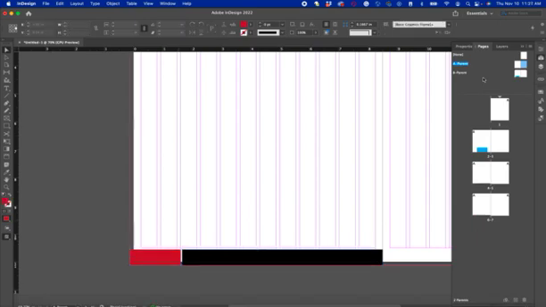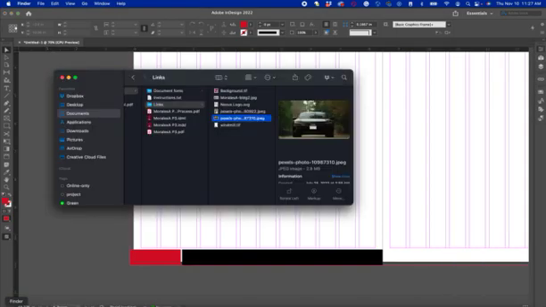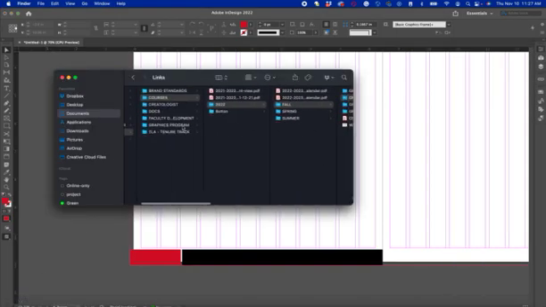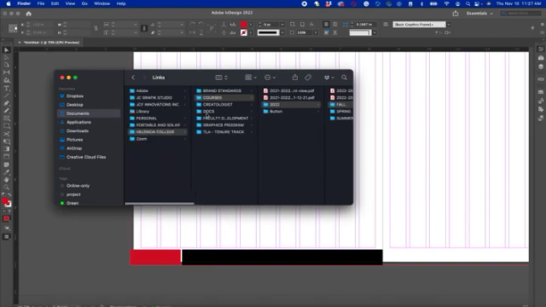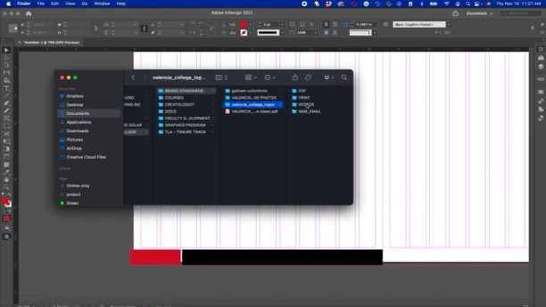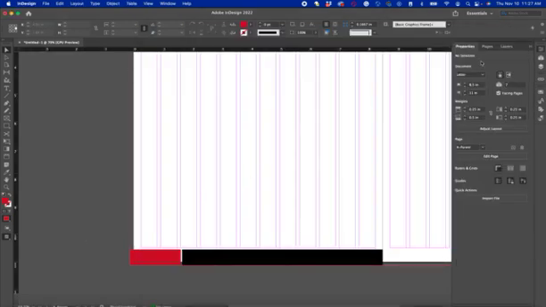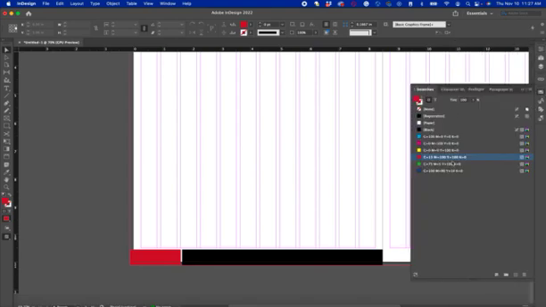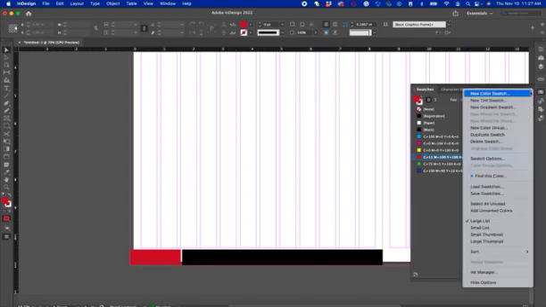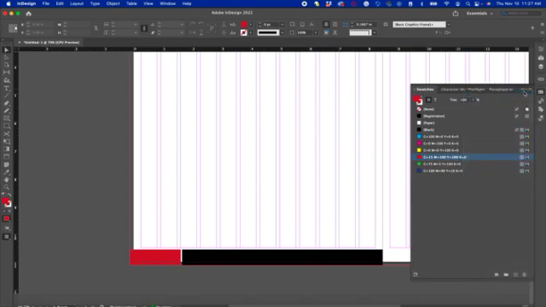So now I need to bring in the Pantones of Valencia, which I do have. So if I come here to my brand standards for Valencia, the brand sheet. So here I'm using 1805 for the red, 130 for the yellow. So I'm coming here to the swatches palette, and you can see some standard colors, and they're all CMYK right now. So what I want to do is click on the right hand little sandwich, new color swatch,